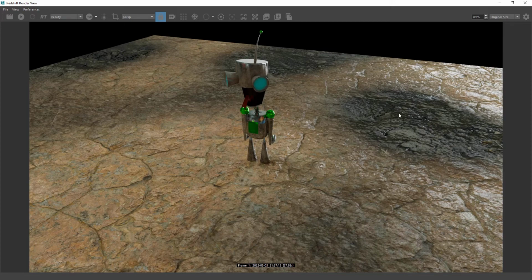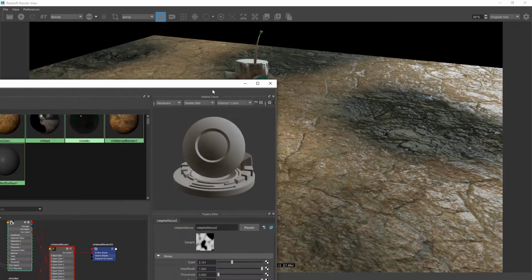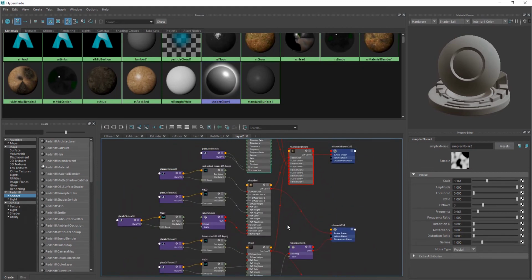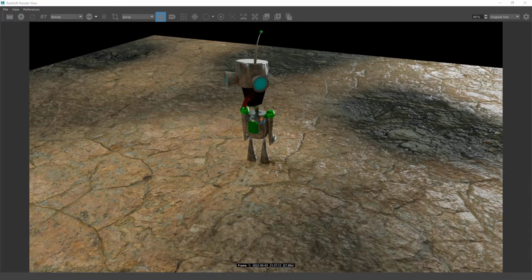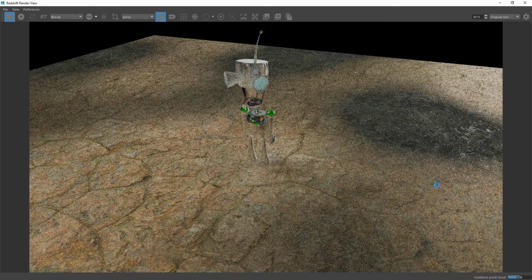And yeah, I could look at this and say, hey, I don't like how my mud is looking. I want to get more resolution out of that texture. Well, this is a tiling texture, so I can just go in here, and if I want the frequency in my mud to be double that of my rock, then I can just set my Place 2D texture to tile 8 times, and now I've got 8 times the resolution